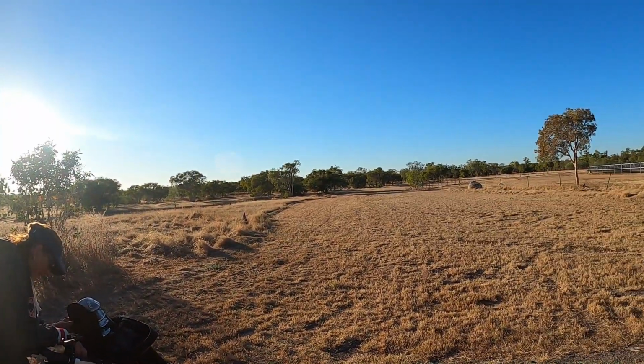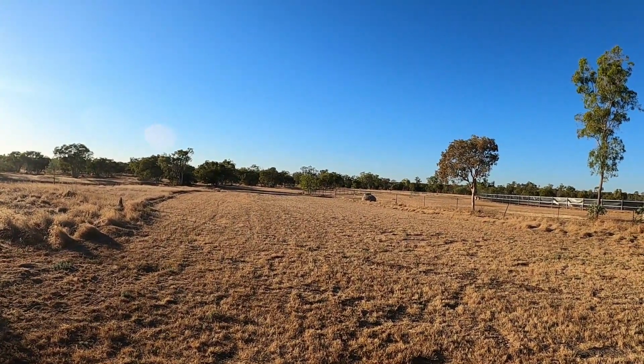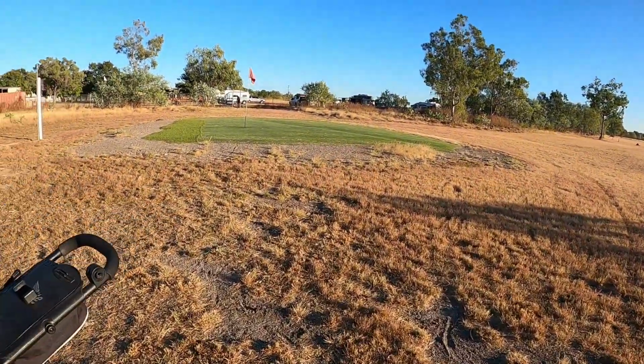So we're gonna have a quick game of golf. We're here at the Croydon Golf Club, which is next to the Rodeo. Greens are in good condition. All it needs is a little bit of water, so that's the fairway. This is the greens here, so the greens are